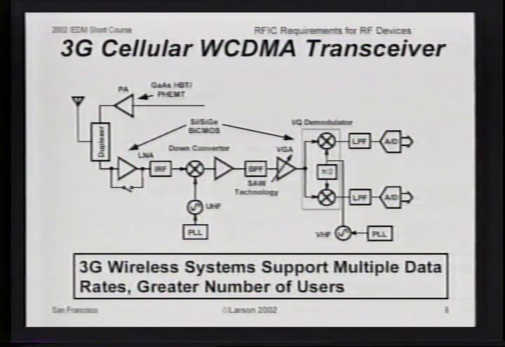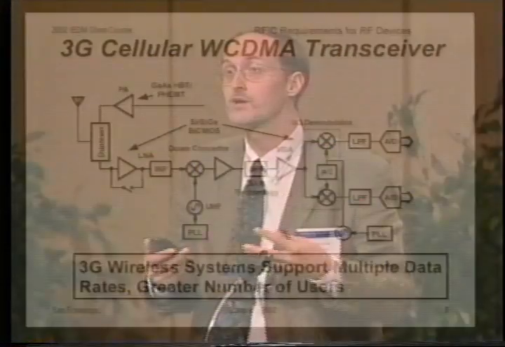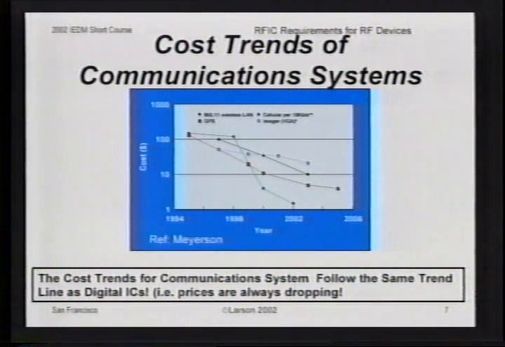So the performance requirements, like for a third-generation wireless standard, are much more severe than for a simpler standard like Bluetooth. Now, the third most important thing for wireless standards, after dynamic range and power dissipation, is cost. And the cost trends for wireless handsets, in fact for wireless devices of all kinds, have followed the standard trend of all electronic systems over the last several years, whether it's a personal computer, an 802.11 wireless LAN, a cellular telephone, or a GPS receiver. They all have a per unit cost that drops dramatically for a given performance as a function of time. So at the same time that we're integrating all of these features onto a common integrated circuit, we have to be reducing the cost constantly in order to